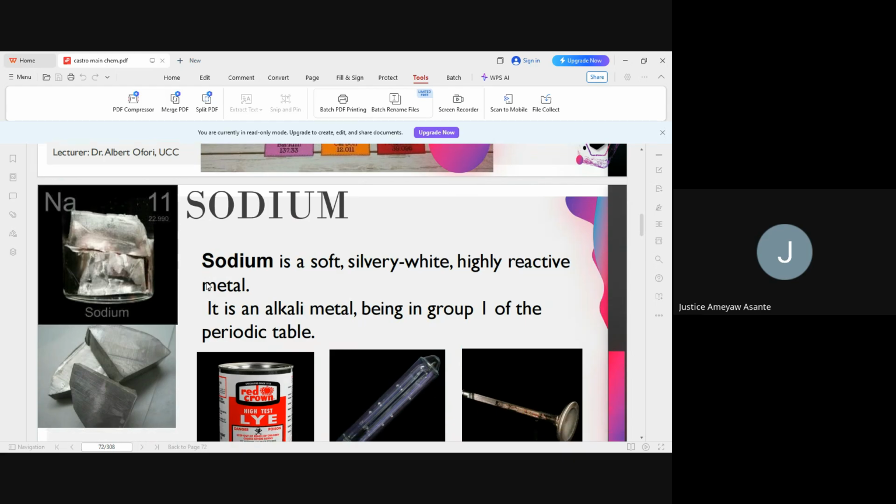So we've learned a little about lithium, its behavior, the compounds that it can form, that is in terms of the reactions. So we are now looking at sodium too. Now sodium is also part of the group 1 elements. So sodium, what can we get from the sodium? The nature, sodium is salt. The color, silvery white,